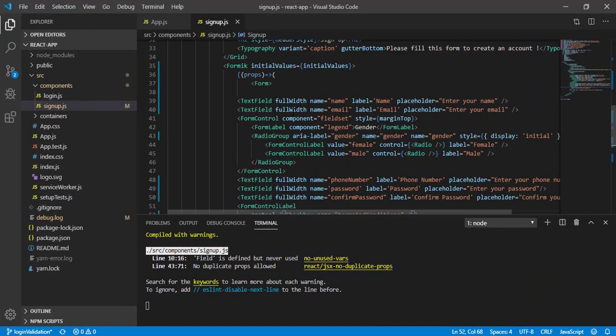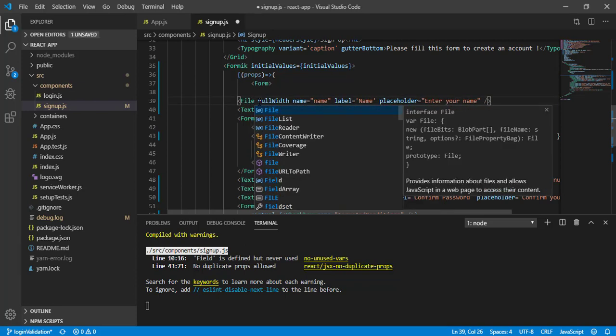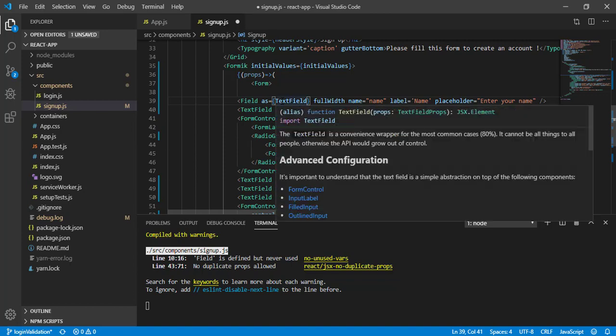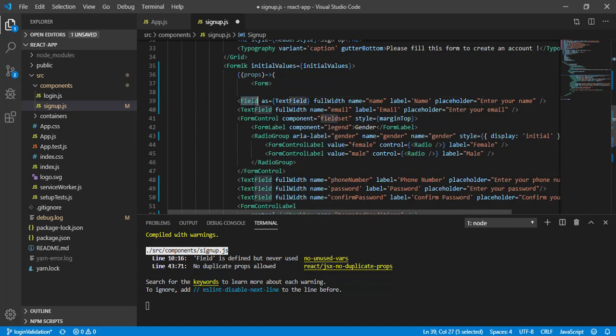Our next task is to replace this tag with the Field. So let's do it. Field, and as we need to pass our text field, because we want to render this component as our Material UI text field component, let's do it here as well.